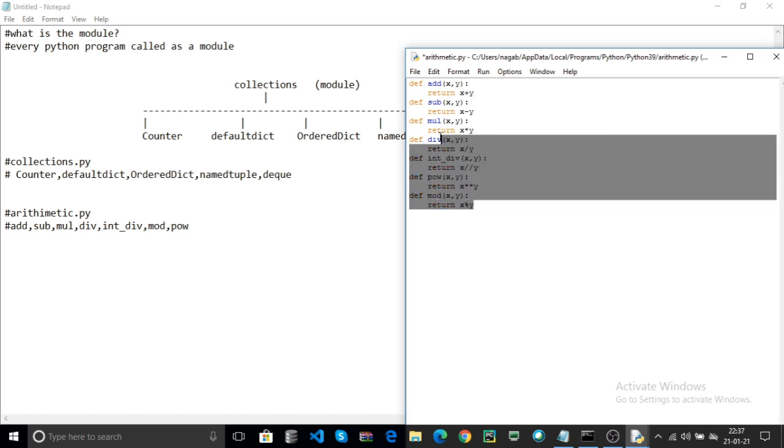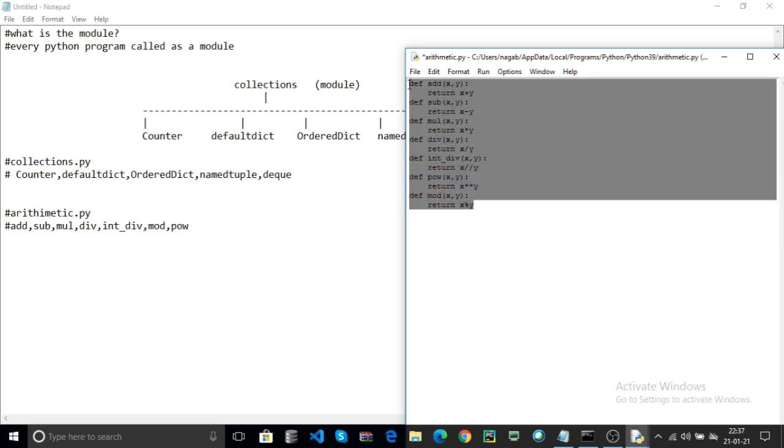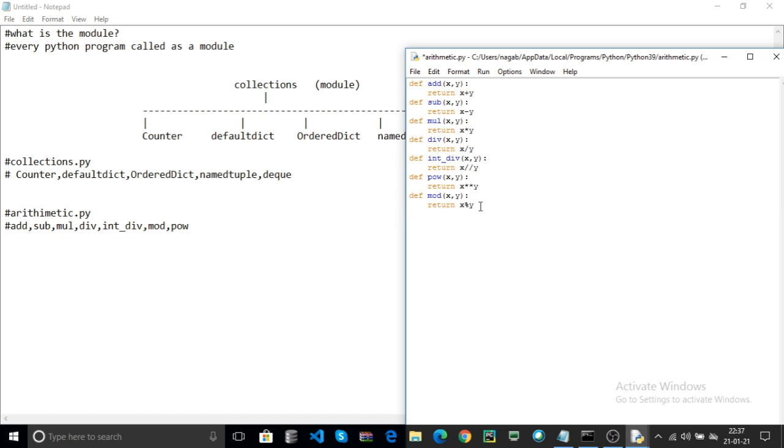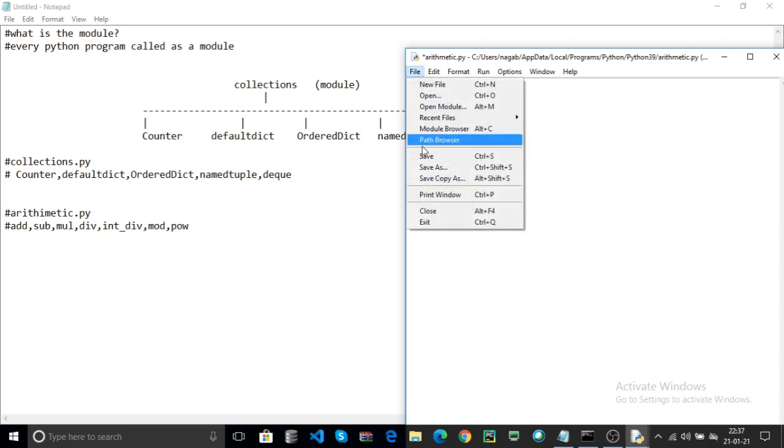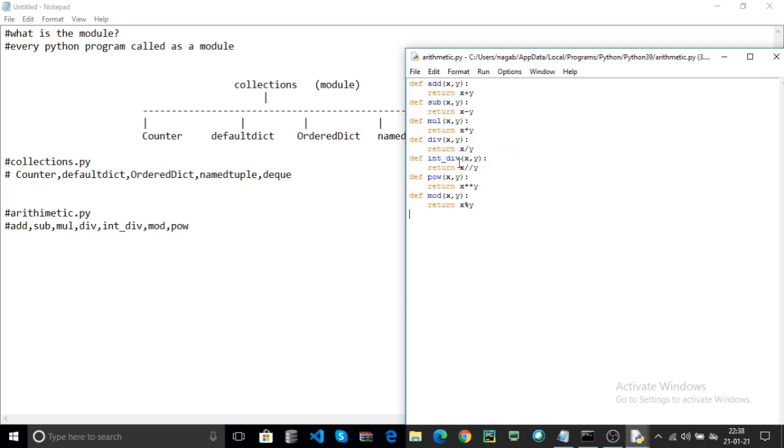This arithmetic.py module contains different functions, the same as collections.py contains different functions. Now save. Now this is one module in your Python library. This is not a standard library. This is a user defined library or user defined module.